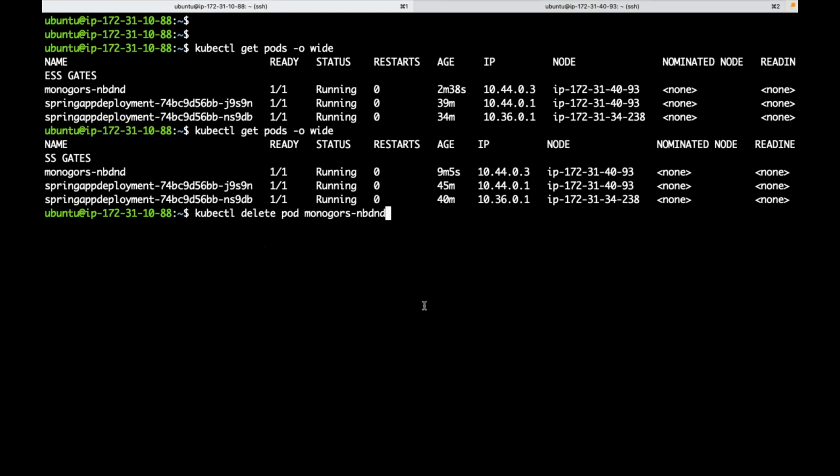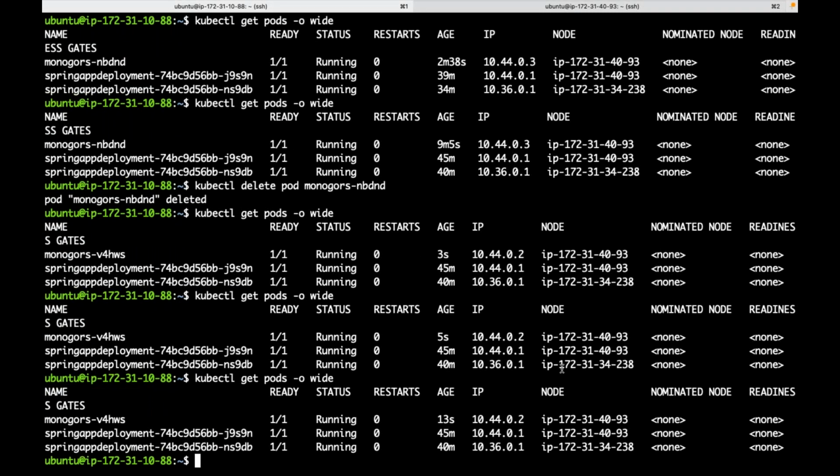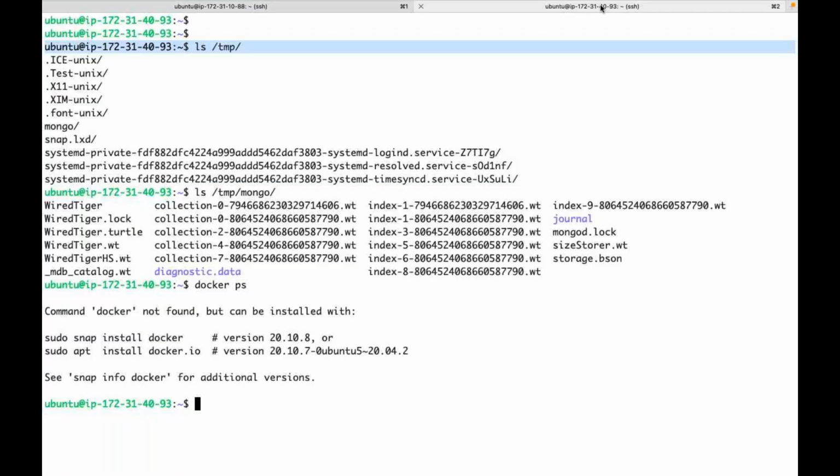I am trying to delete multiple times. The pod is coming to the same node. Okay, that is fine. Let me intentionally stop the kubelet service in this node.